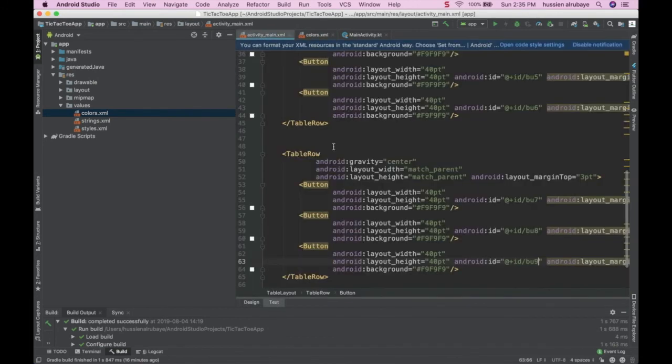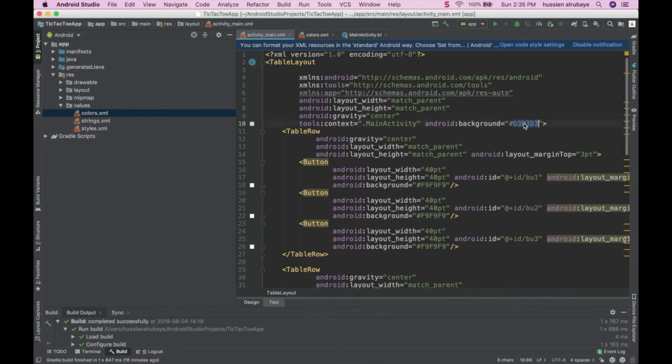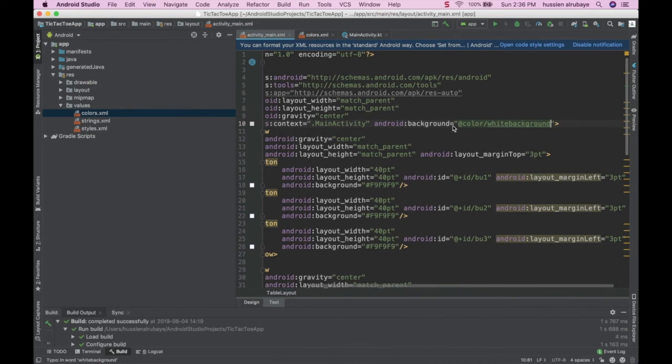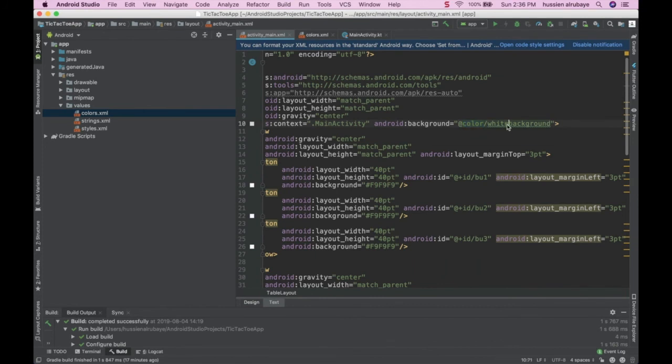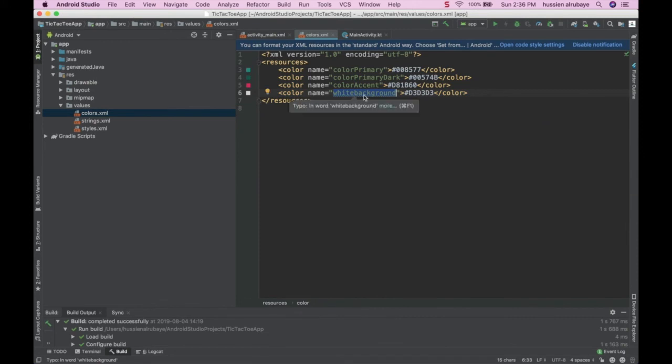Now, instead, I go in the code and directly give the name of it. You say at color, and you call that color. It's nicer because you don't need to hard code the numbers. You still have the same background color, because when I said add color, white background will go here and pick that color. Same thing for another color I could add, which is white. So I say color, name is white, and I give it, I think, F9,